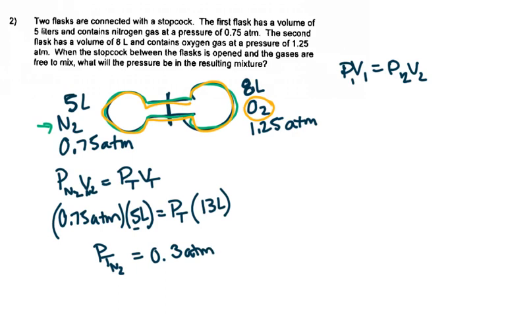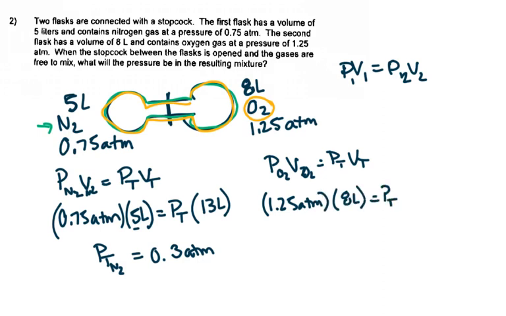I'm going to do the same thing for oxygen now. So PO2 times VO2 equals P total times V total. So again, my pressure of O2 is 1.25 atm. My volume is 8 liters, and then my P total, I don't know, that's what I'm calculating, and my V total is the total volume, which again is 13 liters. So I'm going to go ahead and solve that for P total of O2. And again, I have 1 sig fig because of the 8. So my answer is 0.8